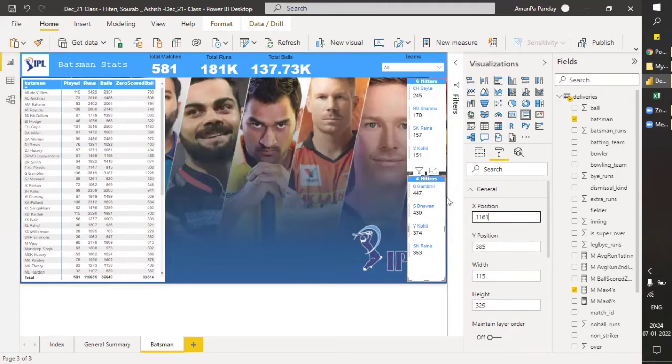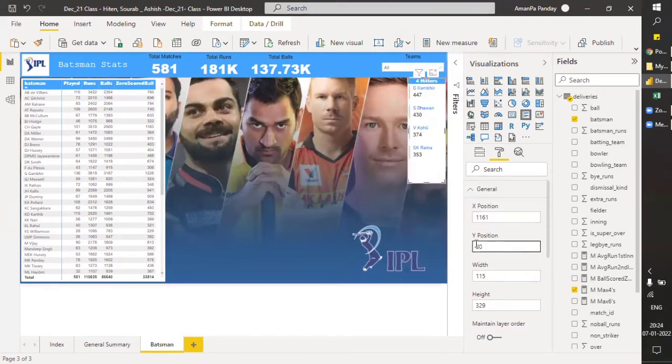So I just wanted to reduce the gap between this end of the page and the slicer. I just used this number because it's difficult to drag and make the alignment. Y-axis is similarly how you want to arrange from top to bottom. If I just make it 80, then you can see it will just go up. So I want 380.